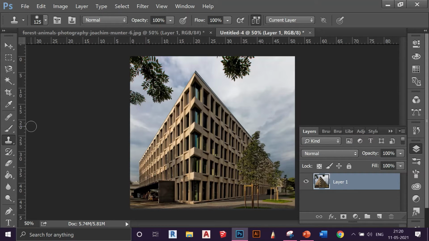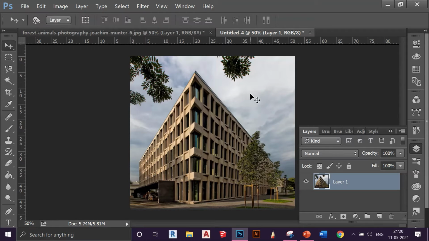And for today's video, we will be talking about a tool that is known as the clone stamp tool. It is used various times and it is very helpful when using Photoshop. This tool is used to remove unwanted things in a picture. So I have this picture here of this building and I don't want the leaves that are showing here. So I wanted to remove them. That is why I use this tool, the clone stamp tool.